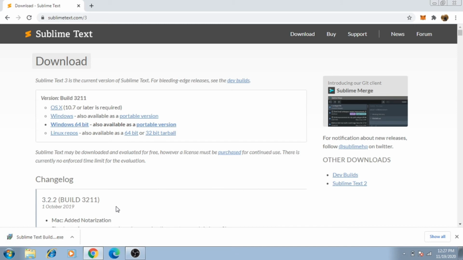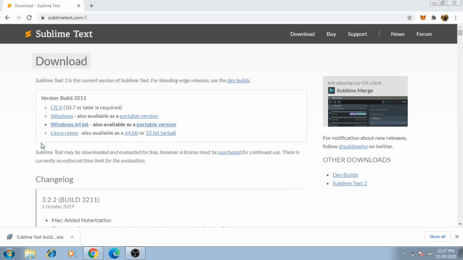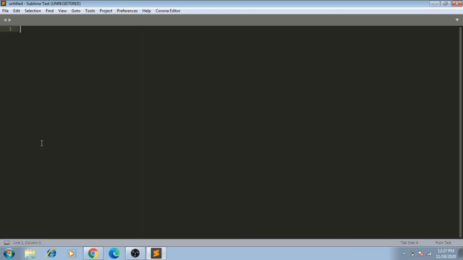But I have already installed Sublime Editor on my PC. So I just opened it by selecting the Start button and clicking on the Sublime Text option to open the Sublime Editor.